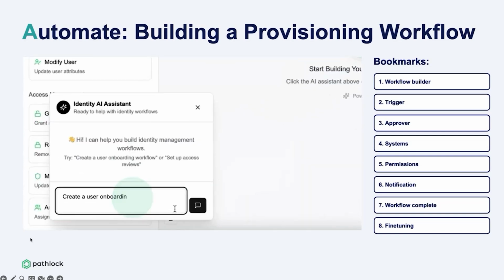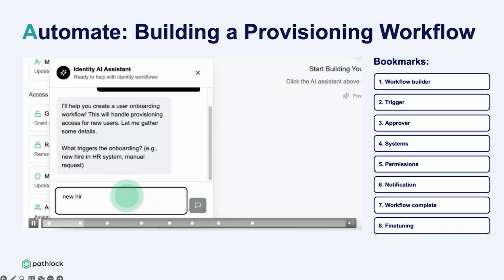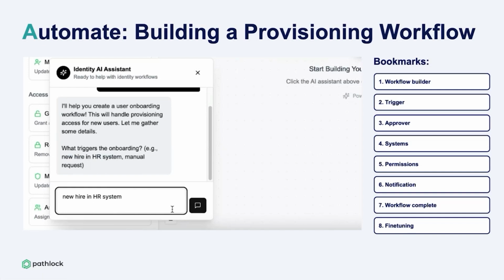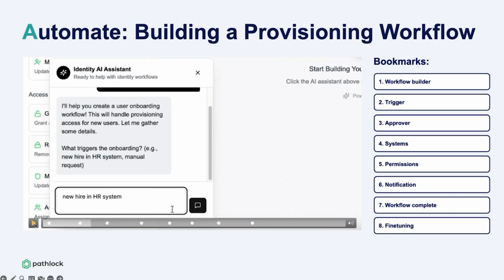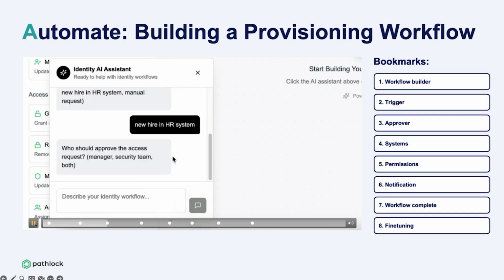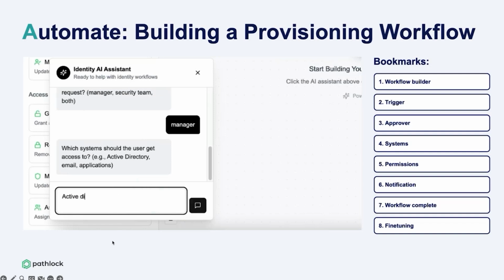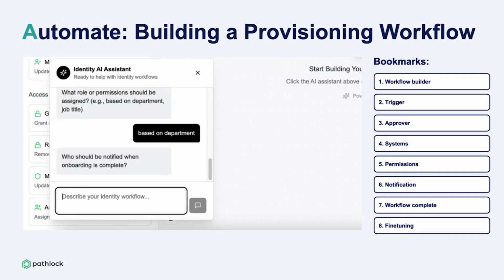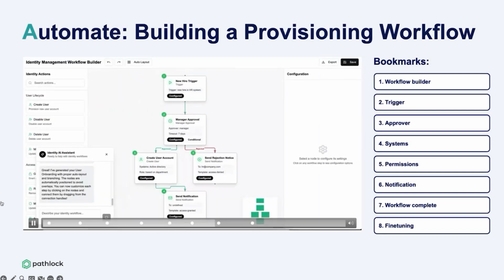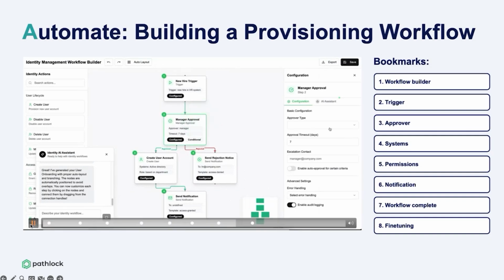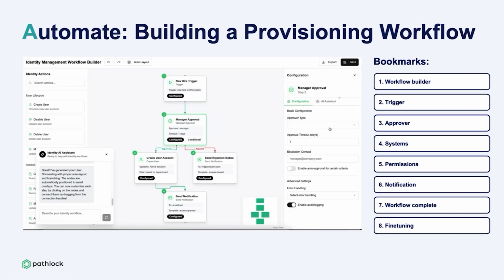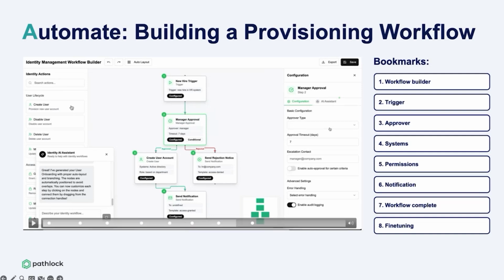So I start building and I want to create a user onboarding. So the AI agent says, okay, I'll help you create the user onboarding. Then it starts asking me questions. What's the trigger? I reply back. Who should approve? I say the manager. Which system should the user get access to? Active Directory. What role? So it asks me questions based on the type of automation that I created. And once I reply with all the information, it creates the workflow, as you see,